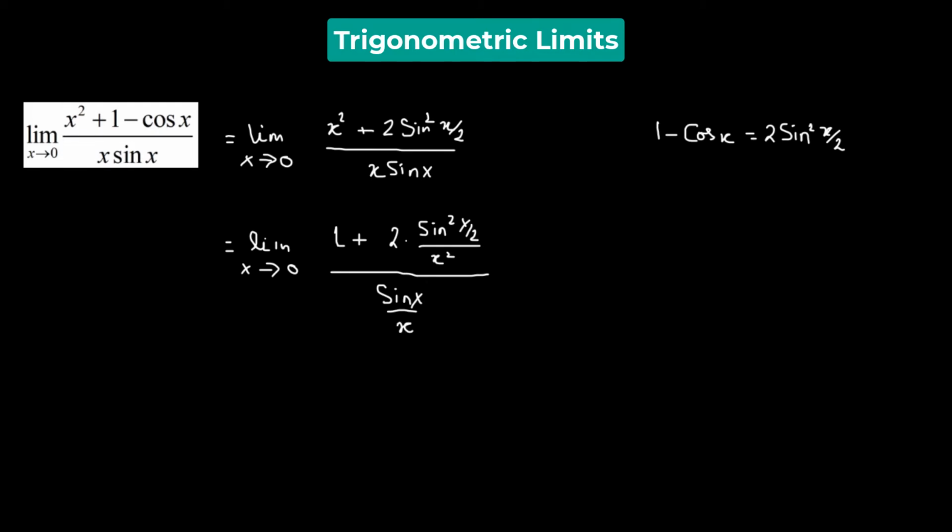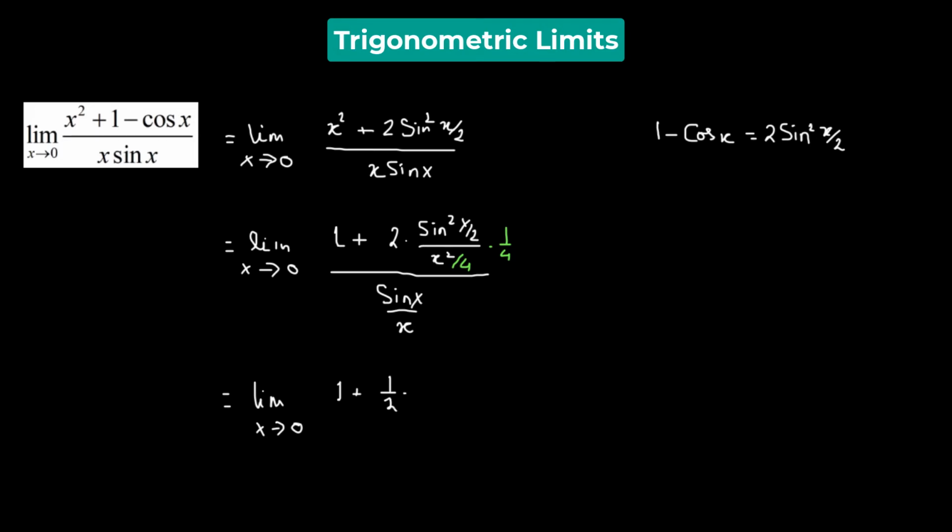Now we are going to divide this x squared by 4 and multiply by 1/4, so that we get limit x approaching 0 of 1 plus, so 2 times 1/4 will give